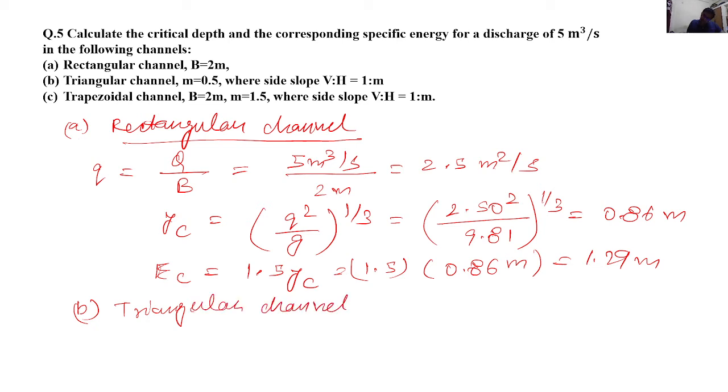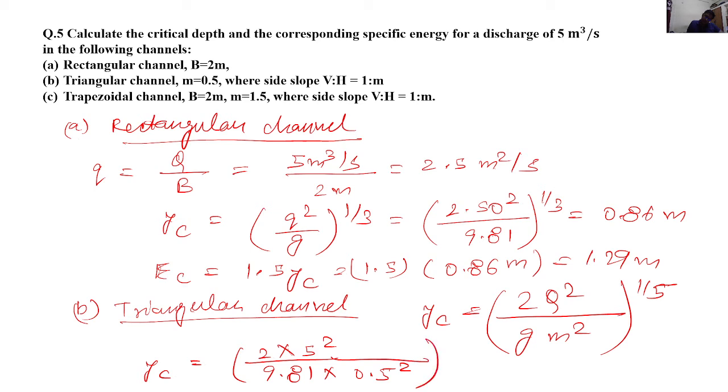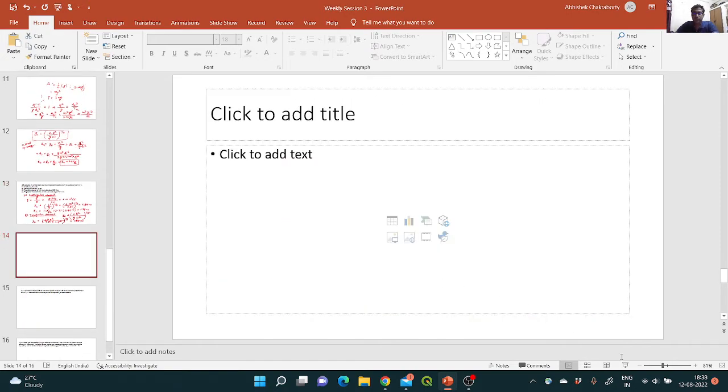B is for a triangular channel. We have just derived it in the previous question, so it would be very easy. yc would come out to be 2 Q squared by g m squared, where m is the side slope, power 1 by 5. So just put the numbers: 2 times 5 squared by 9.81 times m is 0.5, power 1 by 5, and it comes out to be 1.83 meters. The specific energy corresponding to that would be,